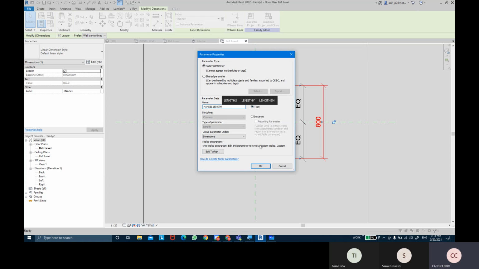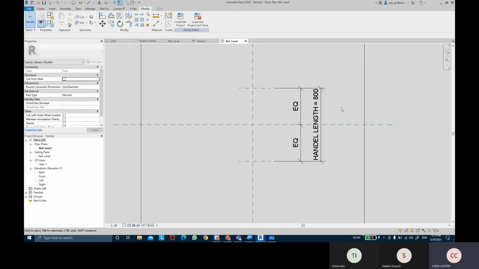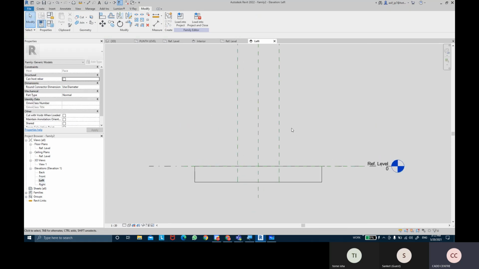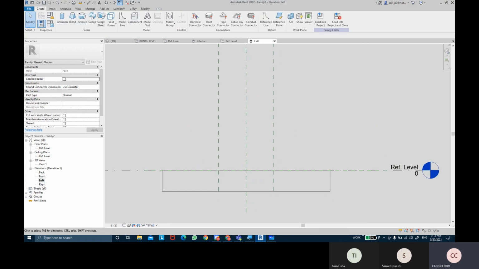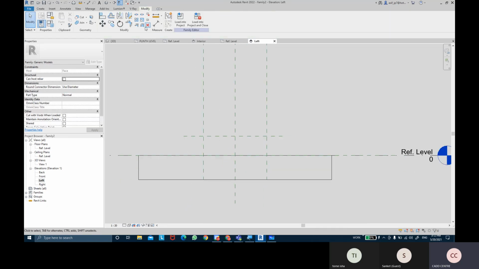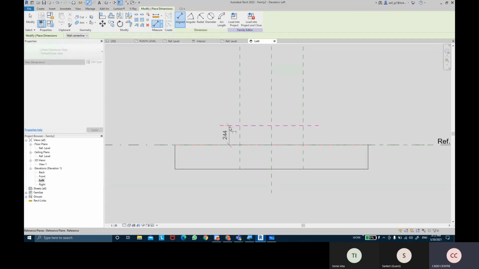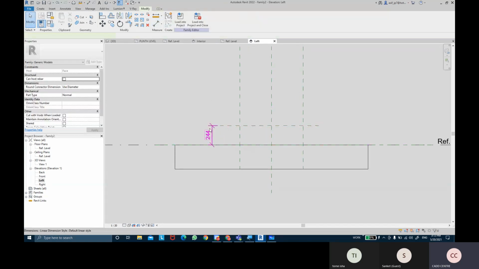I'm going to put this into the type parameter and click on OK. So that's there. Then I'm going to come into the left elevation view. In the left elevation view, I'm going to provide another horizontal reference plane, and I'm going to call this the depth, the handle depth.